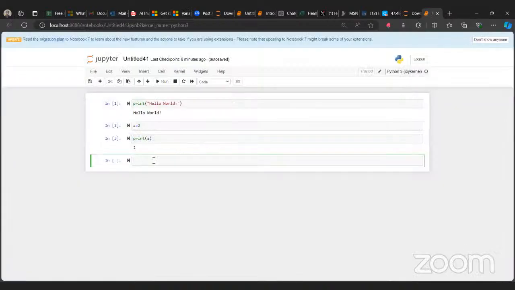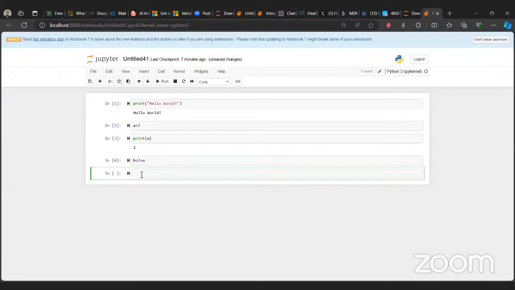So another thing we can do is create another variable using a value stored in this previous variable. We could create a variable called b and say b is 2 plus a. We run that.